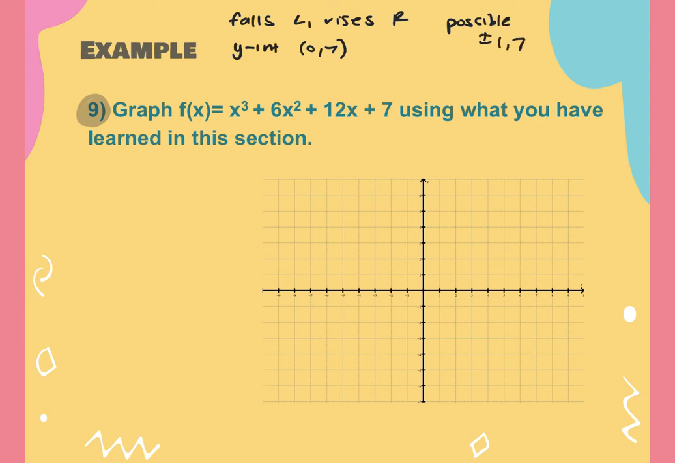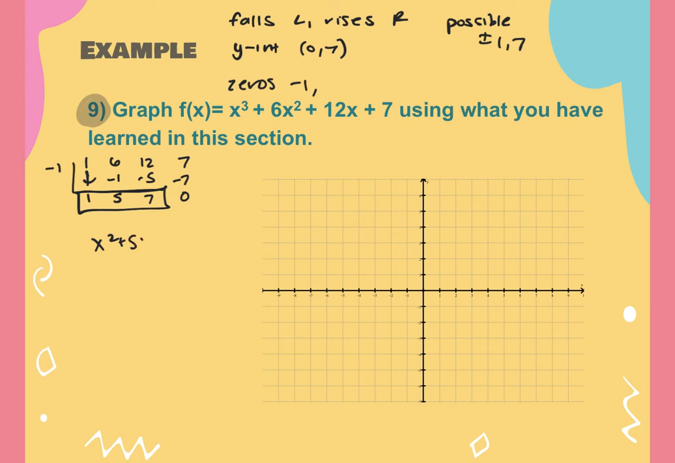Now let's pretend we don't have the calculator. We would do negative 1. 1, 6, 12, 7. Bring down the 1. So negative 1 is one of the zeros. Then I'm going to take what's left here, which is not factorable,